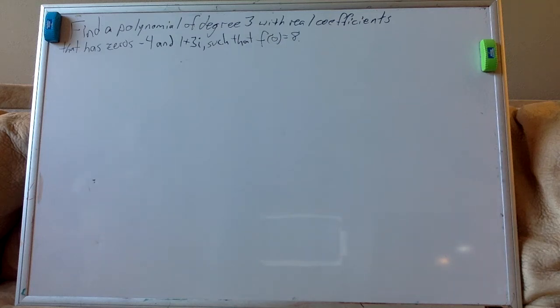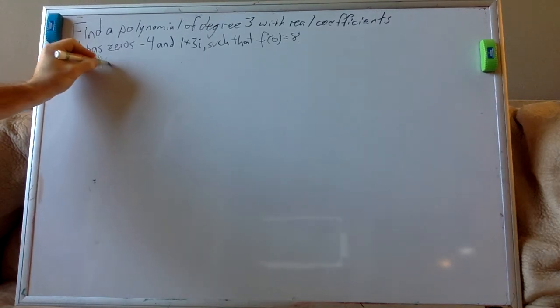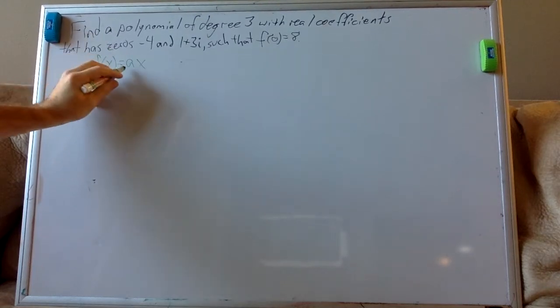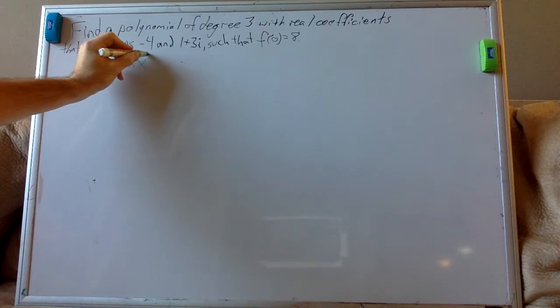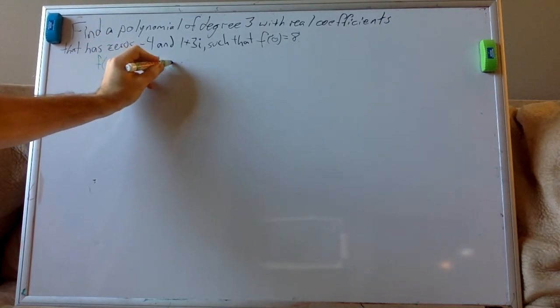Alright, so in this problem we need to find a polynomial of degree 3 with real coefficients that has zeros at -4 and 1 plus 3i, and we want f of 0 to be 8. So one form of degree 3 polynomial is we could have something like f of x equals, and then we need real coefficients, so all of these could be 3, and it's degree 3, and in our most generic form